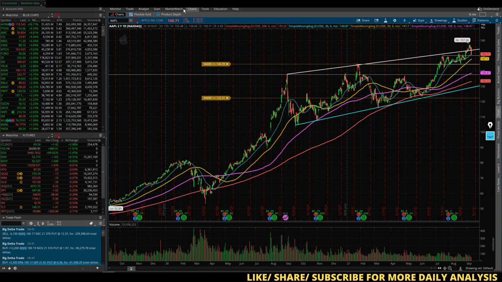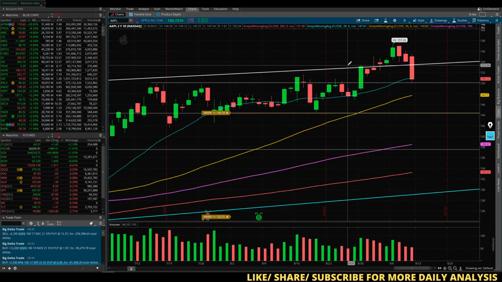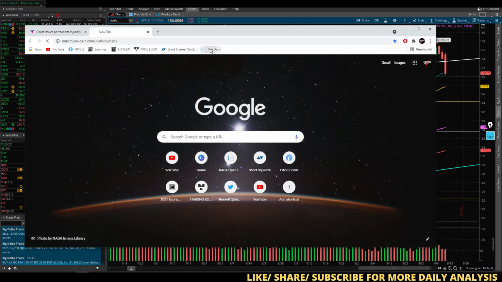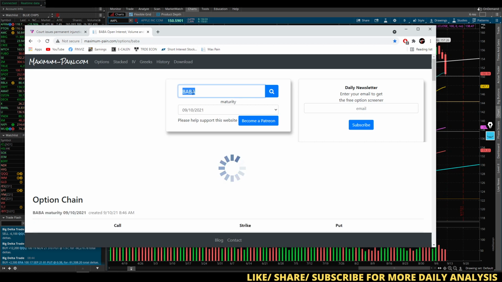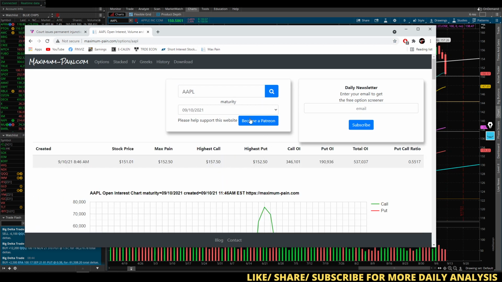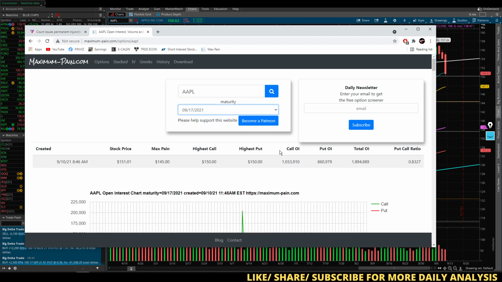So those are the levels, and at this point it doesn't make sense to watch the option activity today because it became pretty volatile today, and there's a lot of trades going on at the moment. So we can just take a look at one thing, which is OPEX. What's Apple's maximum pain for options? That's what we can look at for next week, for September